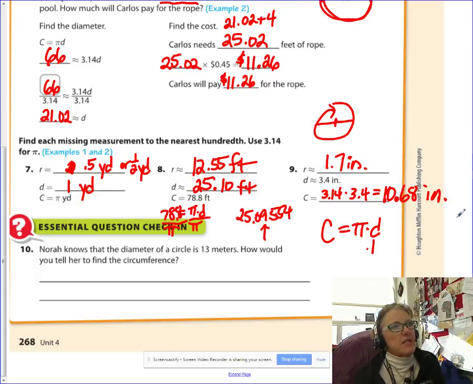Okay. Last but not least, 10. Nora knows the diameter of a circle. How would you tell her to find the circumference? I don't want the answer. I want you to tell Nora what to do. Nora, you silly girl. No. Nora should multiply